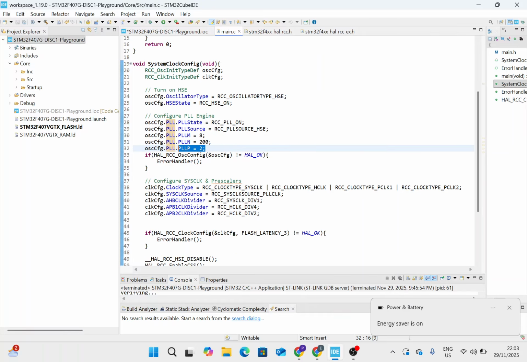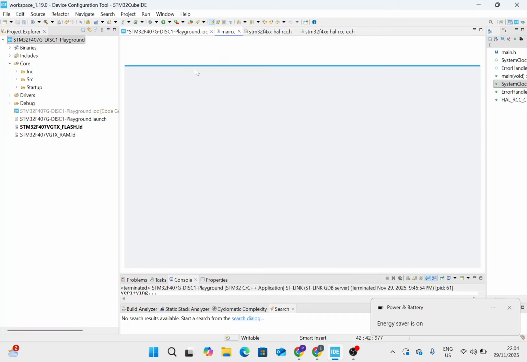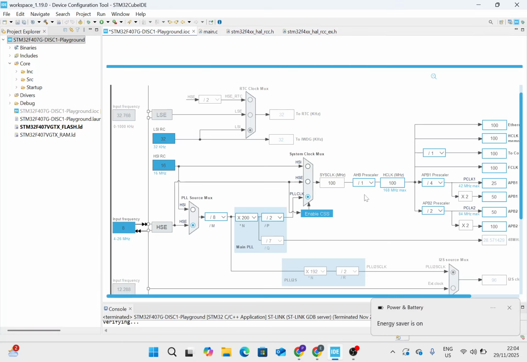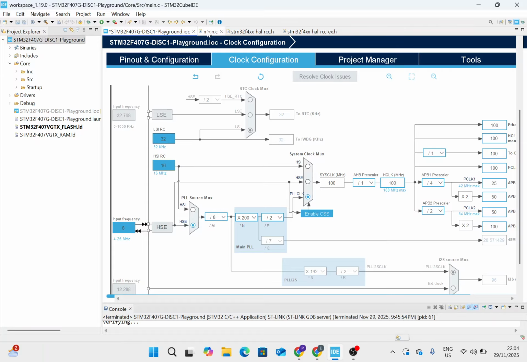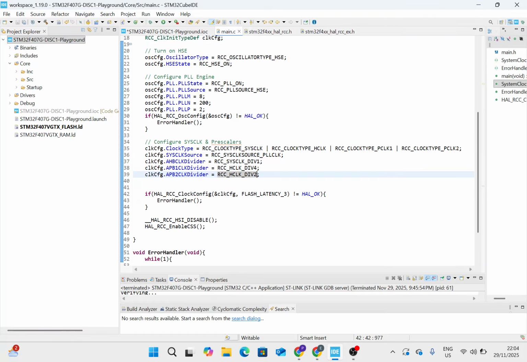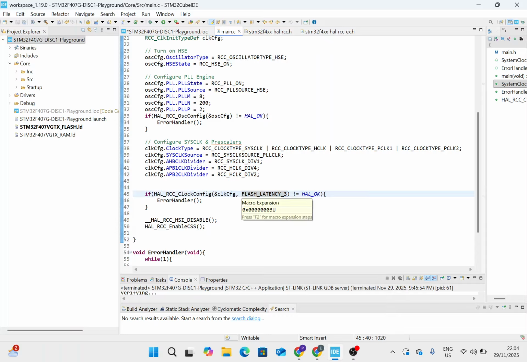All right, and then I have also changed the prescalers, so it was 1, 4, and then 2, as you can see here. So it is 1 here, 4 here, and then 2, right? So there is a one-to-one mapping, like I said, from what you see on the UI and the code that you write. Now, something very important is I have had to change the flash latency to flash latency 3 instead